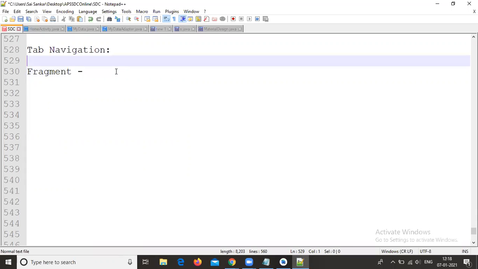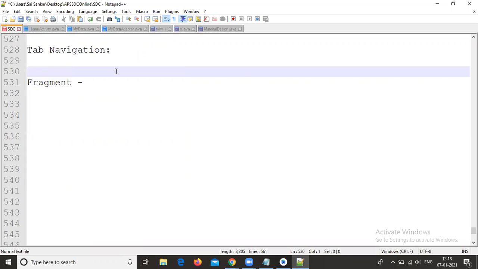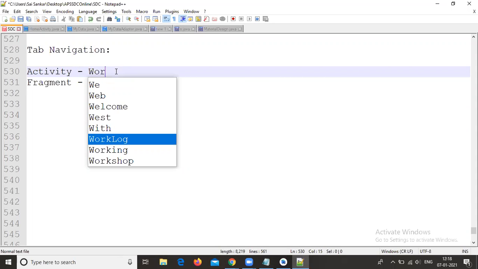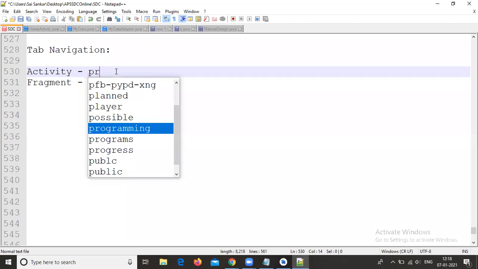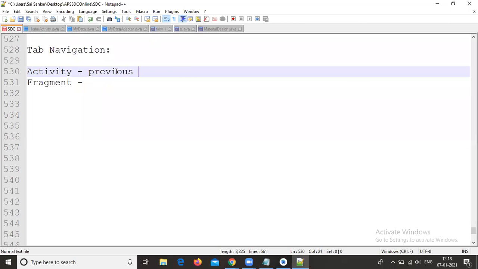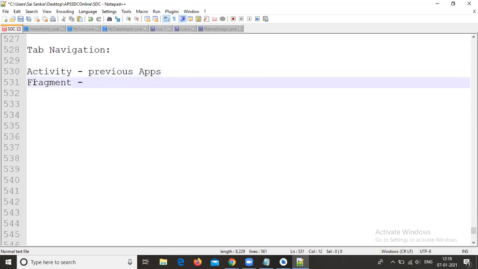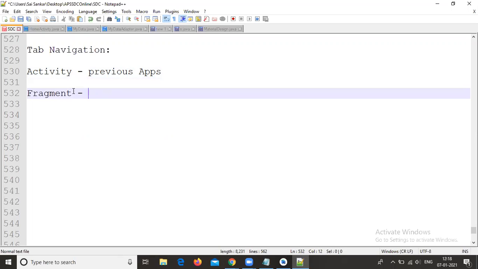In previous concepts you were working with activities only, but in this tab navigation application we need to use the fragments concept.